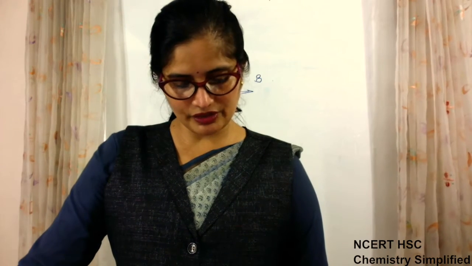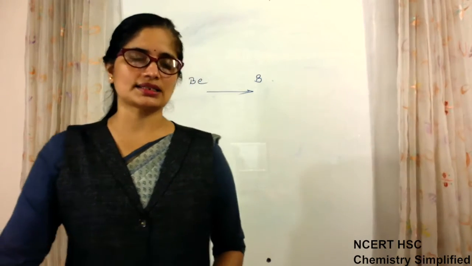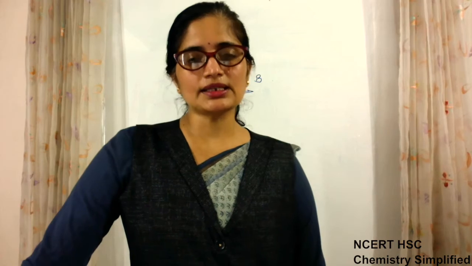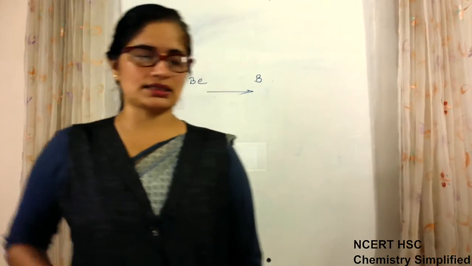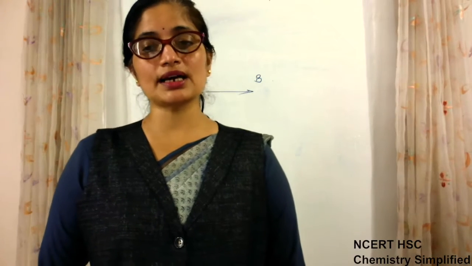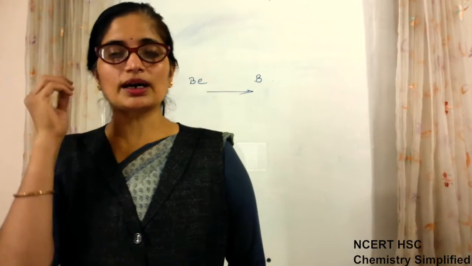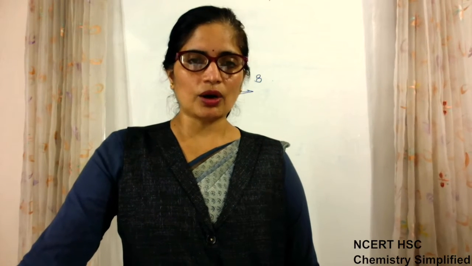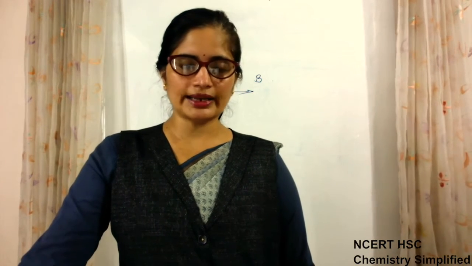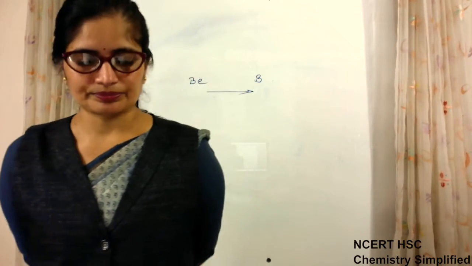Why is atomic number a better basis for classification of elements than atomic mass? The question is, why atomic number is a better basis of classification of elements in the periodic table than atomic mass. First thing is this, atomic number of all elements are in whole numbers. They are not in decimals, or you can say fractions. So the arrangement is easier. Second thing, why are they not in fractions? Because atomic number indicates the number of protons or electrons, and that cannot be fractional.